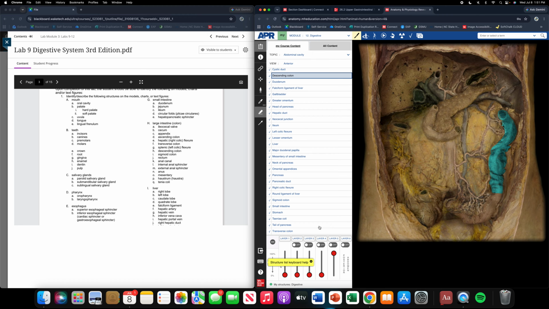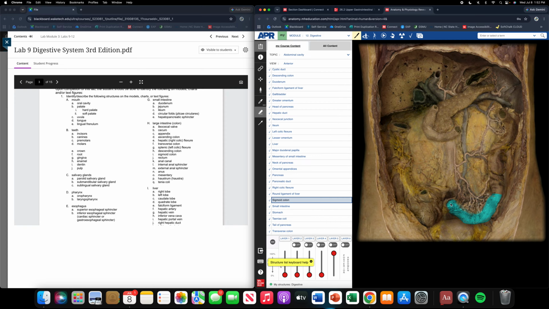From the descending colon, it moves into the sigmoid colon, which kind of has this slight U shape to it. This is where feces tends to rest. So by the time we get into our colon, we've moved enough water where it's starting to become compacted into feces. And then feces will sit in the sigmoid colon until there's signals from up in the upper digestive tract that this feces needs to move along. As food moves through the intestines, it'll push the material, the feces in the sigmoid colon, into the rectum,